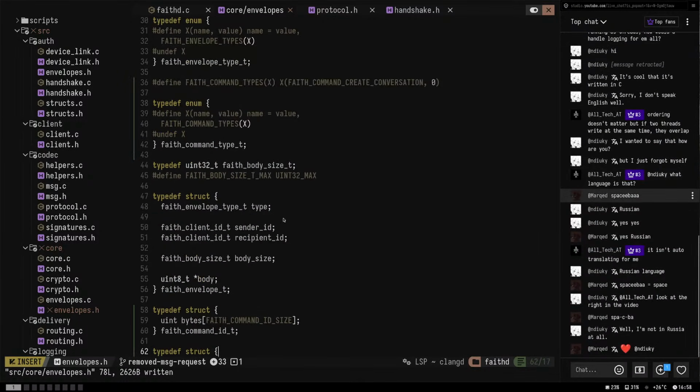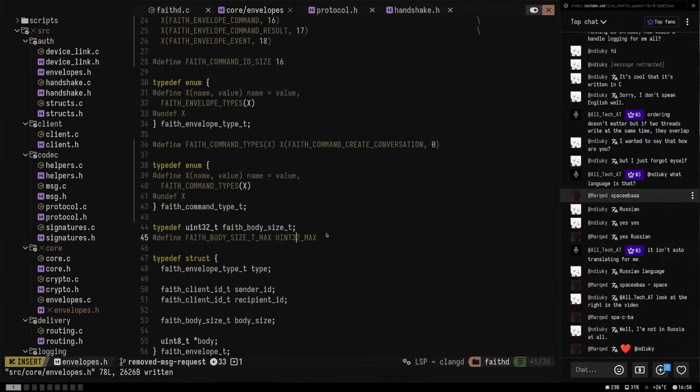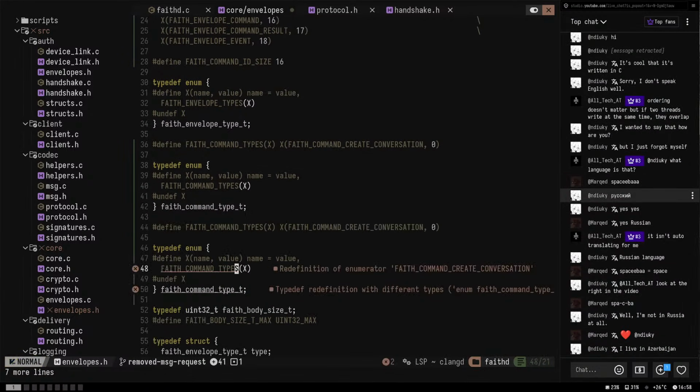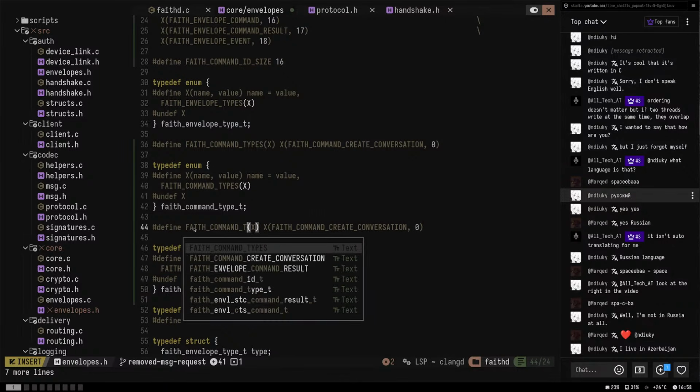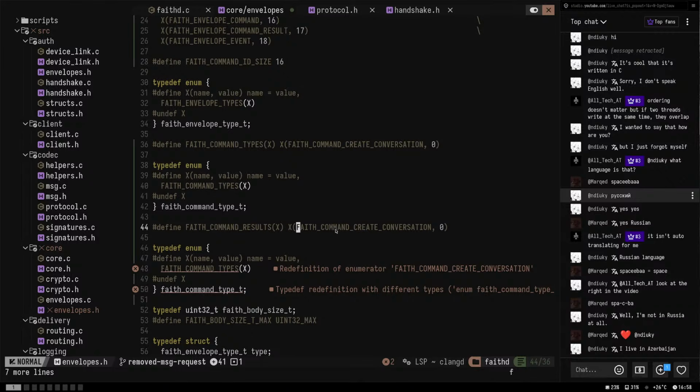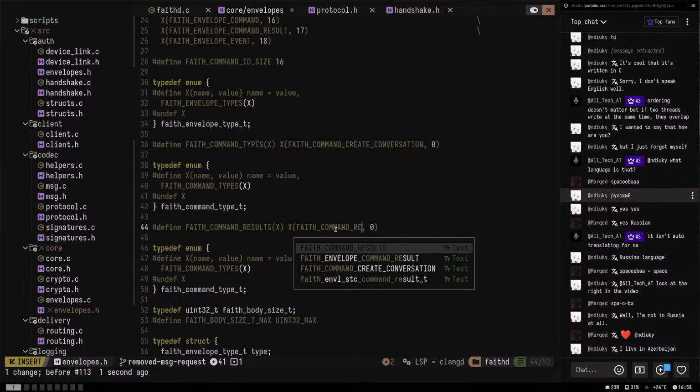And let's also have an X macro for command result. So command results, and it will be faith command results, command results, result